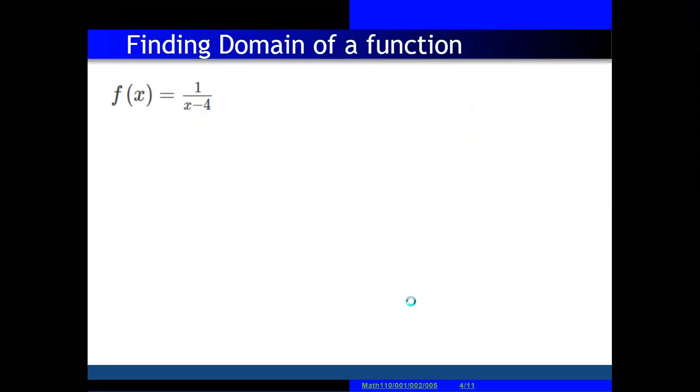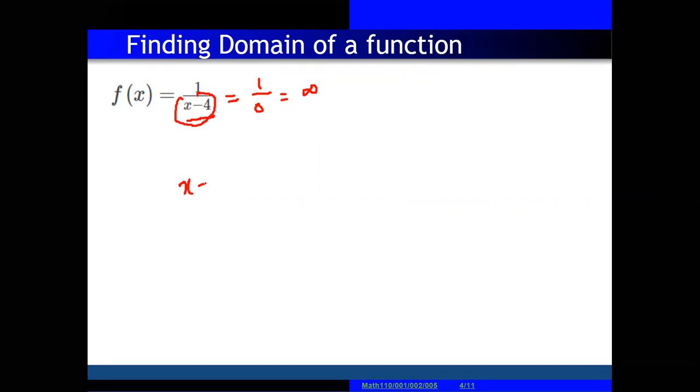Now in this one we have a denominator, 1 over x minus 4. So this is not a polynomial function. So how can we write it? There is one rule that this denominator should not equal 0, because if the denominator is 0, 1 divided by 0 equals infinity. Infinity means we don't know the output value. Undefined means we don't know whether that value is positive, negative, or 0. So we have one rule that the denominator must not equal 0.